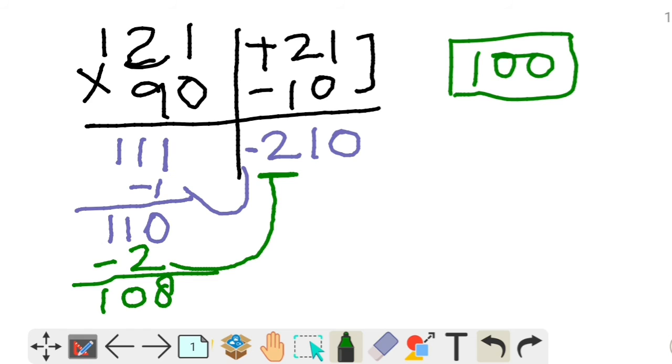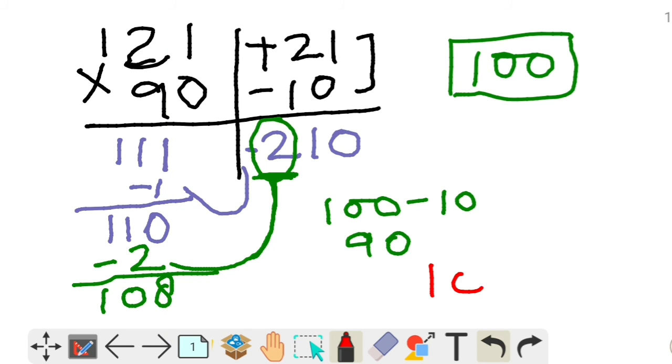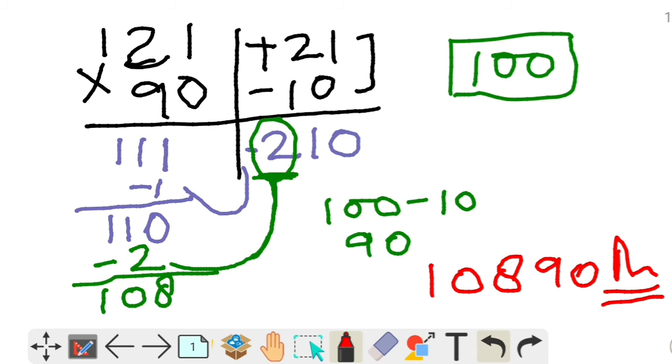I hope you understood this much clearly. I'll explain you with one more question. Okay, because we are getting 3 digits over here, we have to remove this third extra digit also. Now we are left with 10. So this leftover 10 will be subtracted from 100, as usual as we did in the last 3 questions. So we'll get 90. So our final answer will be 10890. Okay, I hope this much is clear to you.